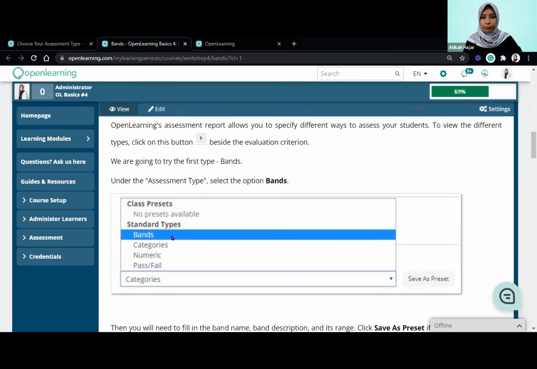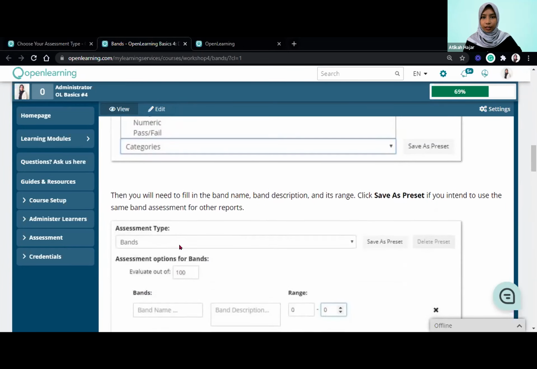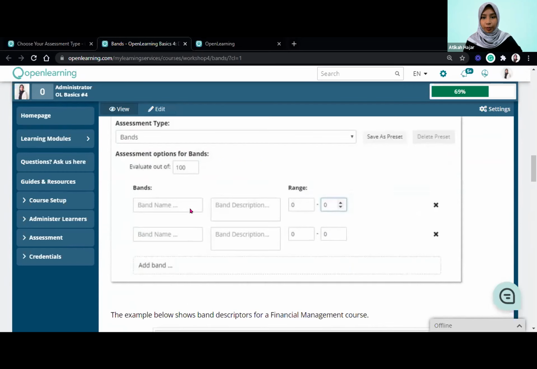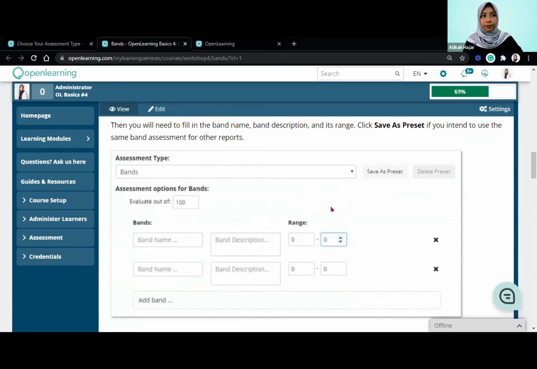Okay, so you just choose the option bands, and then it will come up with the settings. Then we will need to fill in the band names, band description, and its range. Once you have set all of that up, you can also save this as a preset